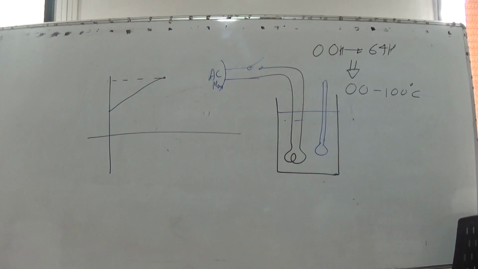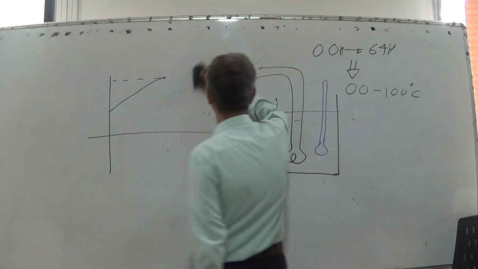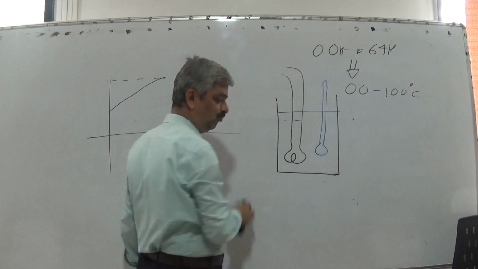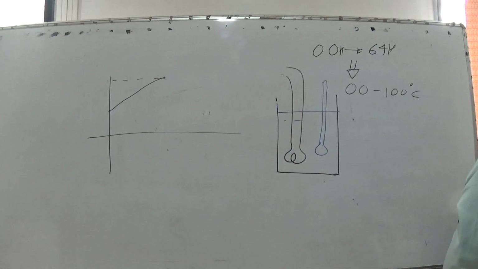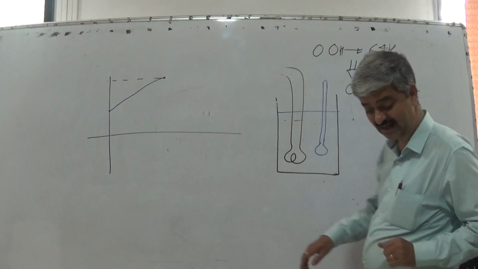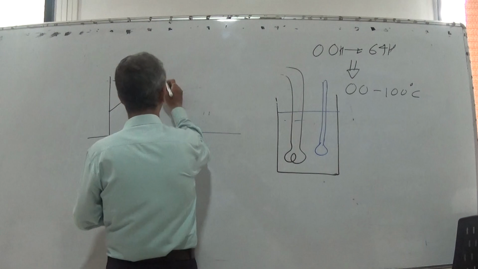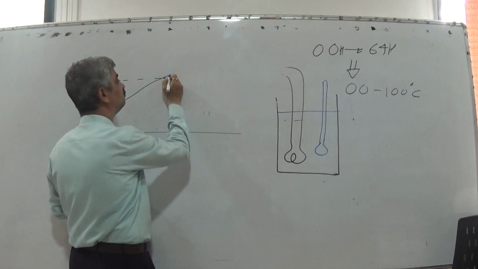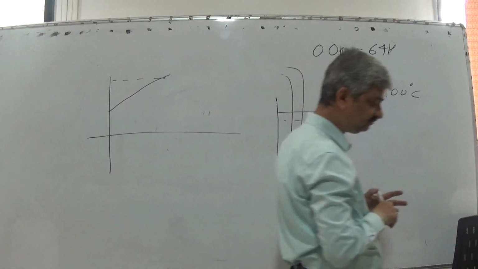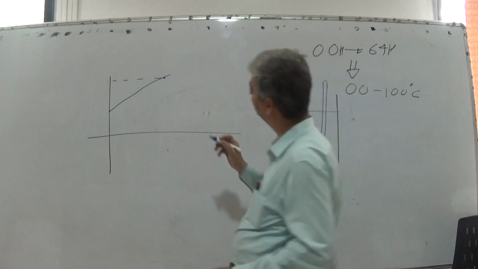But remember that the process of heating has an inertia. It is a sluggish process. So when you put the heater on, the temperature doesn't rise immediately. It takes some time to rise. Then when you have supplied heat and you put the heater off, it doesn't happen that the temperature stays here or falls. It continues to rise for some time, and then it starts falling.